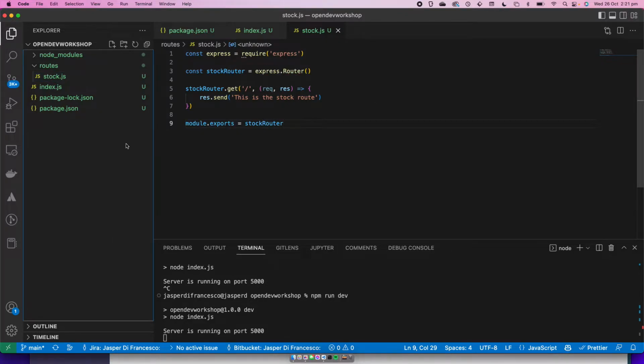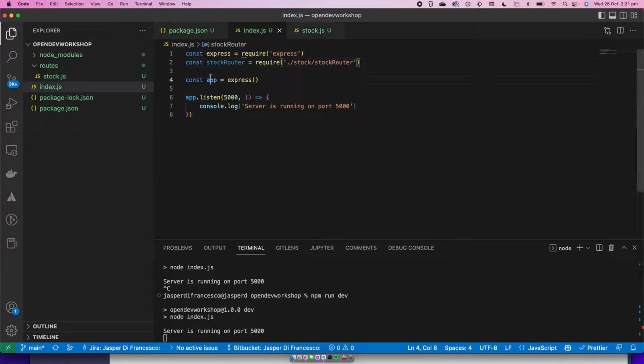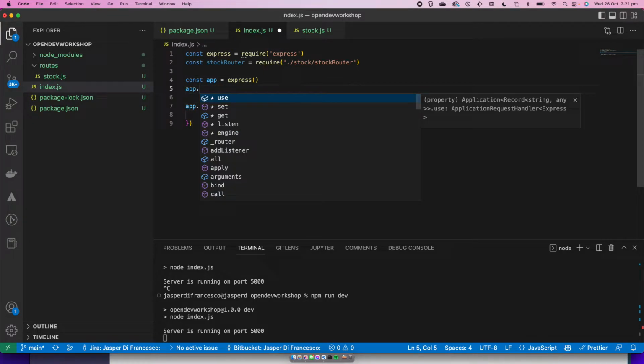So when we're doing another kind of file like this, like a routes file, then we'll have to export the stock router by just going module.exports equals stock router. Excellent, it's back up in our index. We've imported this stock router. Now we need to connect it to our app somehow. So we'll go